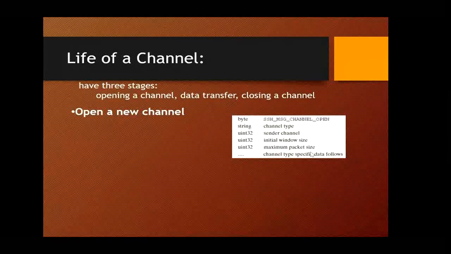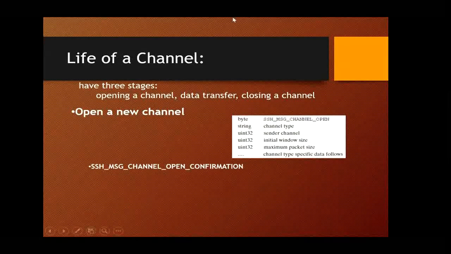Now, if the remote side is able to open the channel, then we have the message SSH_MSG_CHANNEL_OPEN_CONFIRMATION. This message will include the sender's channel number, the recipient's channel number, and the window as well as the packet size values for the incoming traffic.